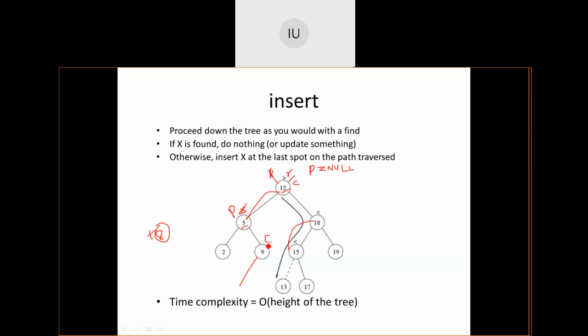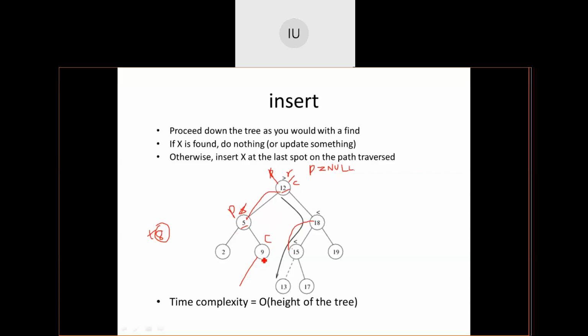At this point, is current null? No, it is not yet null. I have to repeat this until I make sure that current has reached null. It means that is the position where the new element will come. Okay. Now, 8 compared against 9. No, 8 is lesser than 9.